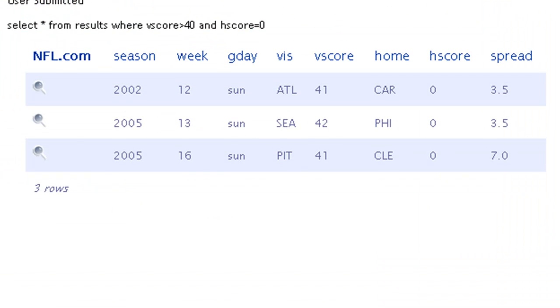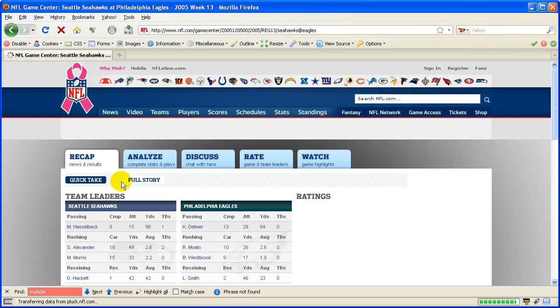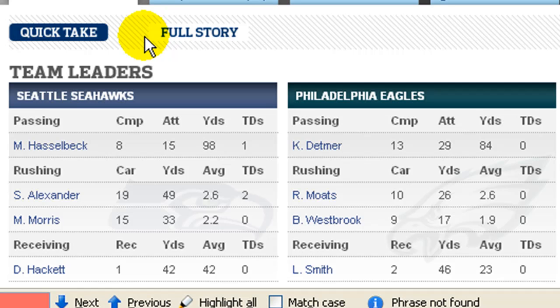Okay, we'll scroll down and we'll see that it's happened 3 times since 2000. Atlanta beat Carolina at home 41-0, and Seattle beat Philadelphia at home 42-0 in 2005. If you want to see a little bit of info, you can click on this magnifying glass, which will take you to NFL.com, and it will bring you to the story or article or background behind that particular game. Again, let's just remember it was Seattle 42, Philadelphia 0. Okay, here comes the NFL.com website loading. So we will see that, wow, how do you go 8 attempts and